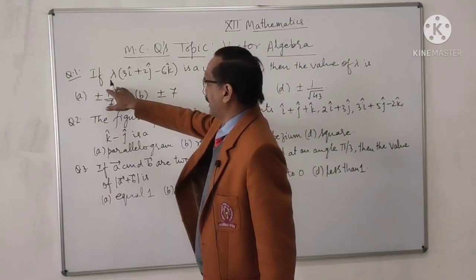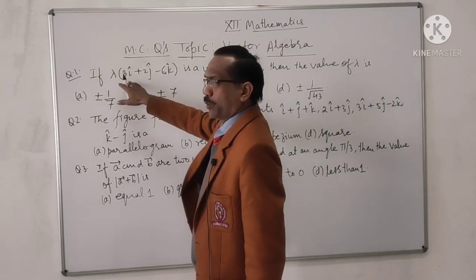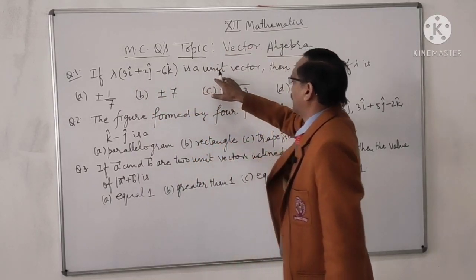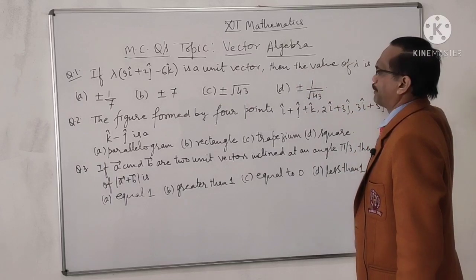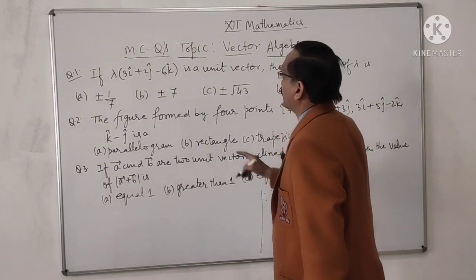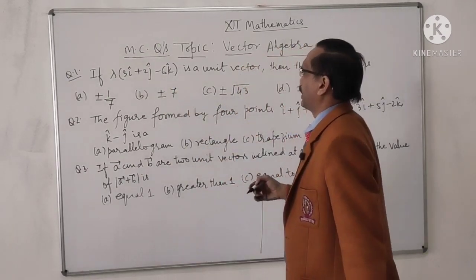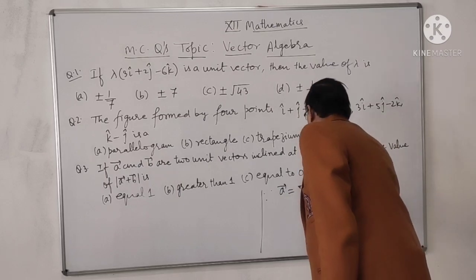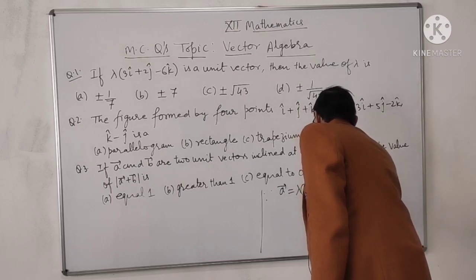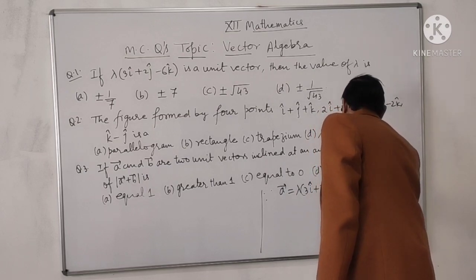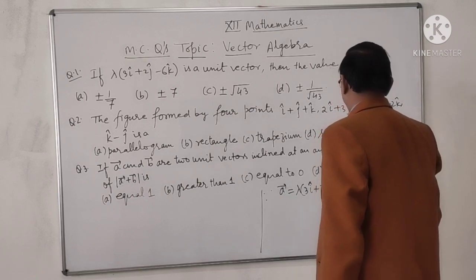Question number 1. If lambda times the vector 3i plus 2j minus 6k is a unit vector, then the value of lambda is. Since this vector is a unit vector, let it be a vector. It is lambda (3i cap plus 2j cap minus 6k cap) and